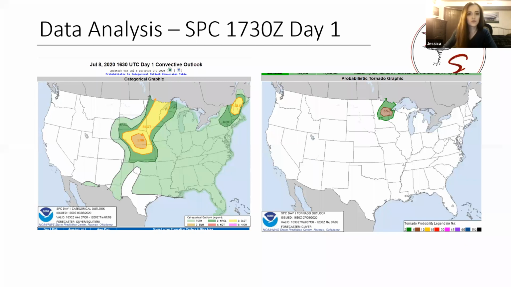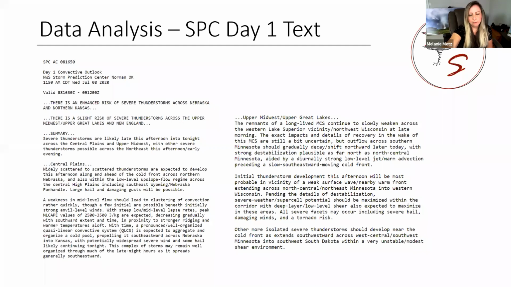I know there are a couple of chasers who saw those. They weren't as significant as what happened in Minnesota, but there were some down there. They now had a 5% probability of tornadoes in Minnesota, but more to central and eastern Minnesota. And where we saw this tornado by Dalton and Ashby was just outside the 2% graphic. So when you see a 5%, you don't want to go right to the middle of these graphics and sit there waiting for tornadoes, because that's not necessarily where you should be.